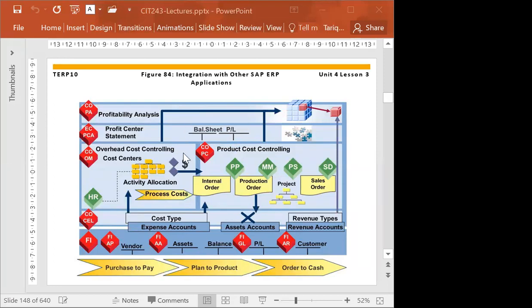Production planning, the bill of material and routing, are used in the costing. These costs go to the assets accounting. Assets accounting also goes to the depreciation and the interest. Anything happening in human capital management, the human resource, all the cost goes to the controlling. Sales and distribution, any profit or revenue, goes directly to the profit center, to the profitability analysis, directly.